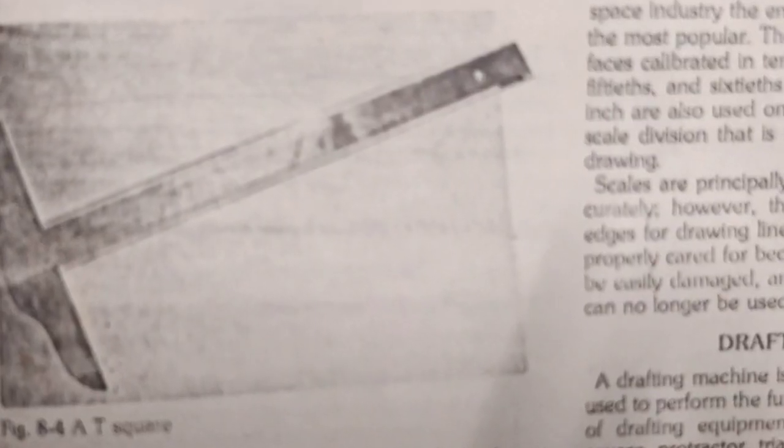The T-square, which is shown in the figure, is designed to make possible the rapid and accurate alignment of drawing lines. The head of the square is perpendicular to the blade, and it is arranged so that it will extend over the edge of the board while the blade lies flat on the surface. The T-square is placed properly on the board as shown in this figure.